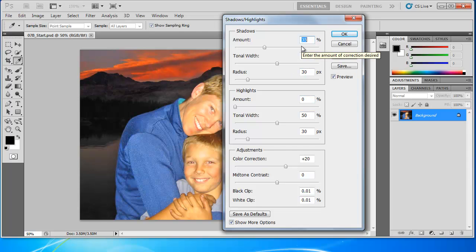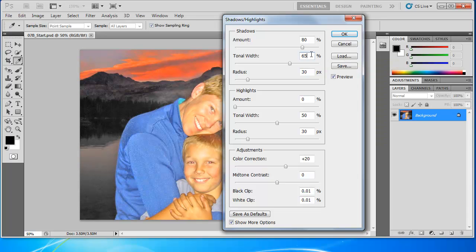Okay, so here are some numbers we're going to throw in here. In the shadows area, we're going to bump that up to 80%. I'm going to go into tonal width, and we're going to bump that up to 65%. You see how it blends out the colors between the foreground and the background. Radius, we are going to keep at 30. In the highlights area,